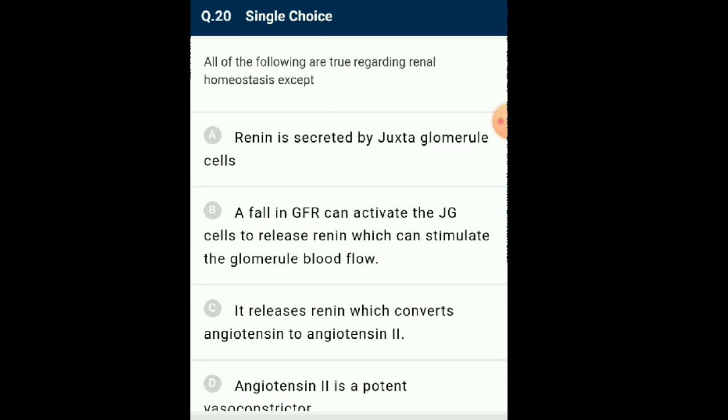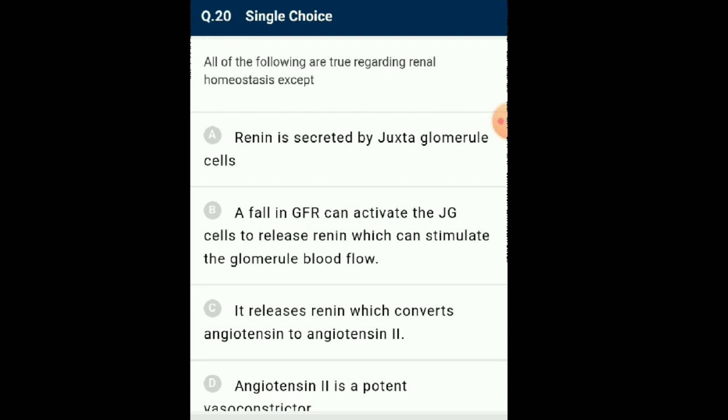Question number 20. All of the following are true regarding renal homeostasis except: the JGA, that means juxtaglomerular apparatus, plays a complicated regulatory position. A fall in glomerular blood pressure can set off the JG cells to secrete renin, leading to the conversion of angiotensinogen in the blood to angiotensin 1 and further to angiotensin 2. The latter conversion is carried out with the help of angiotensin converting enzyme as a powerful